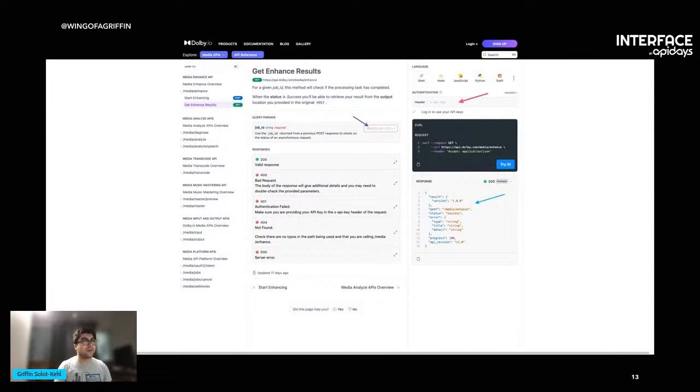So then we can see all the different languages. It's going to show you what the code looks like in real time so that you can copy it directly to your own workspace. And then it's going to show you the response after you click try it, where it's actually going to make a real API call using your API key and show off everything that is happening within there. And this is all living on your documentation website.